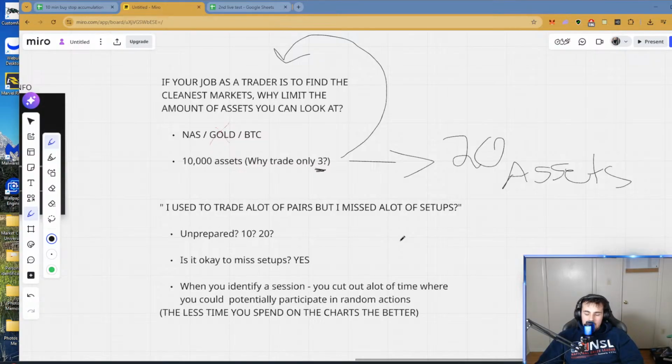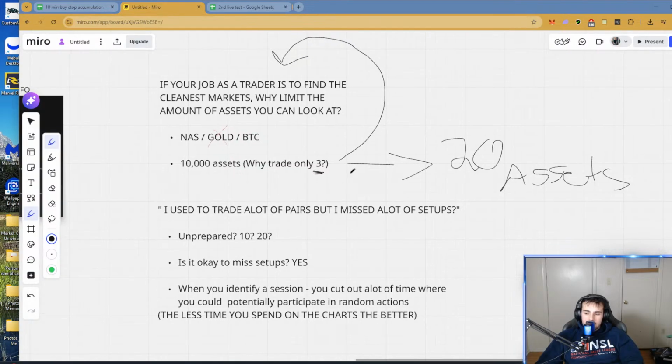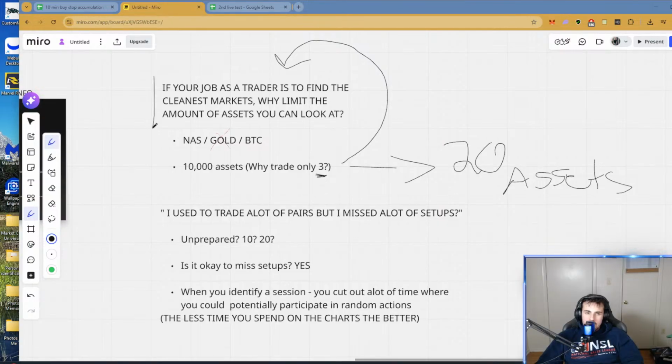So typical me, take a screenshot of this, even though this is just my personal art that I've made for you. And just think about it. Think about this question here. If your job as a trader is to find the cleanest markets, why limit the amount of assets you can look at? And why not take